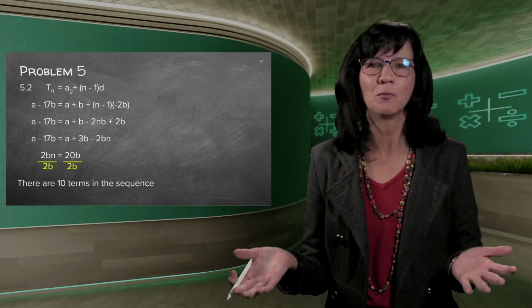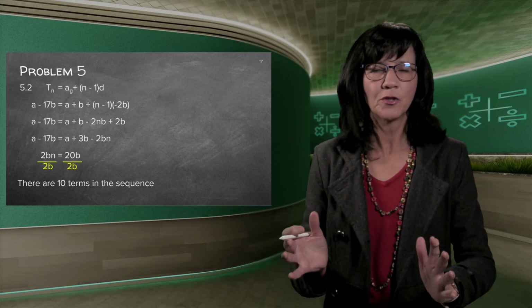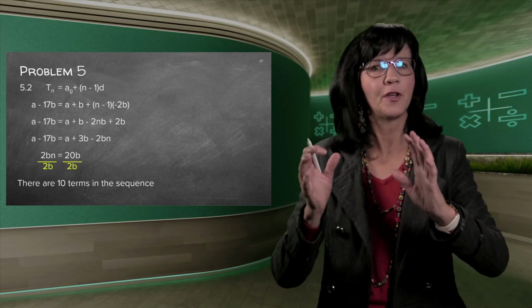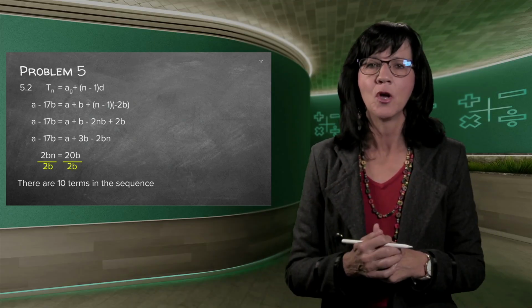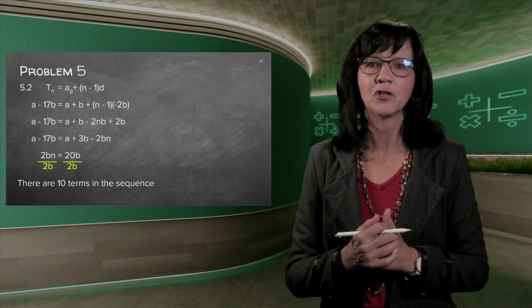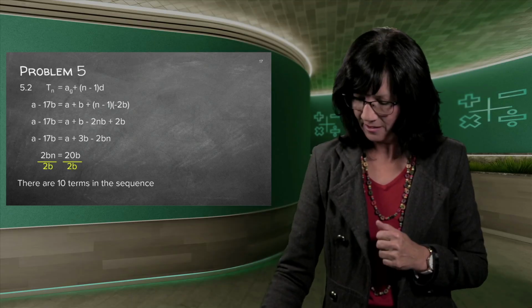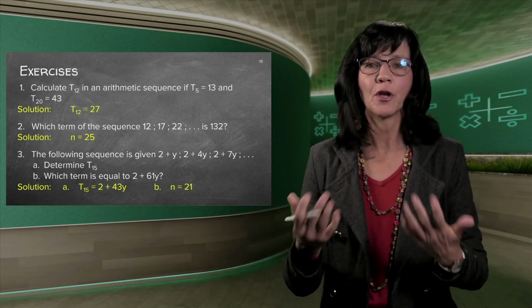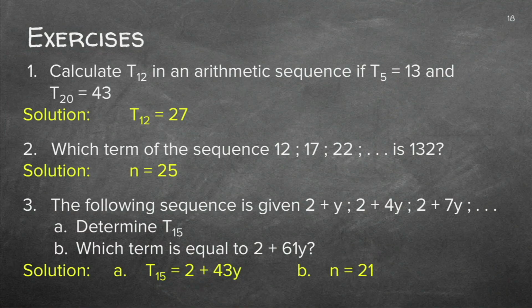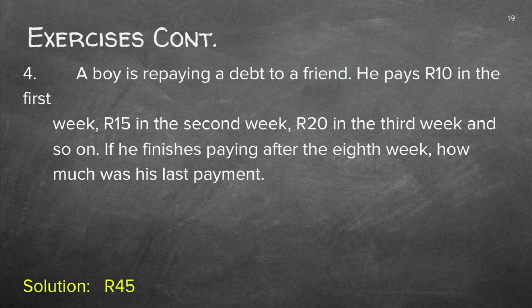They really can't ask you more difficult things than that. That is what you need to know about arithmetic sequences. Very, very easy. A place in the exam where you can earn a lot of marks and make sure that you do it correctly. And then the exercises at the end, which we usually give you, which you can go and do on your own. The yellow answers are there, and you can go and check different exercises. So it's a lot that you can go and practice and see if you can get to the yellow answers.